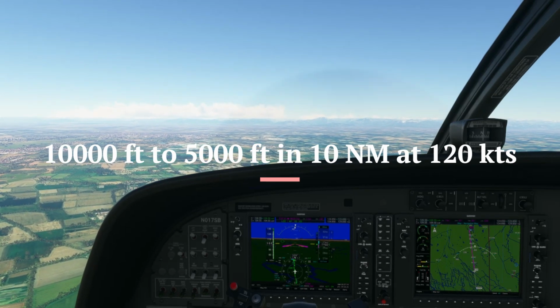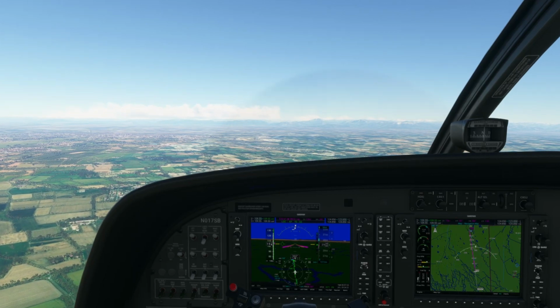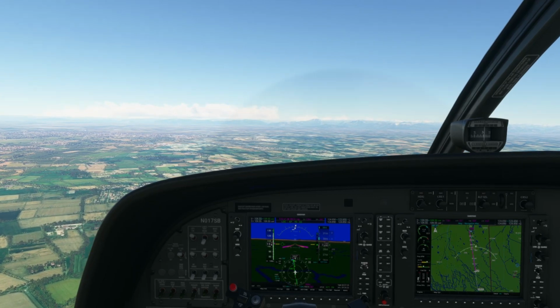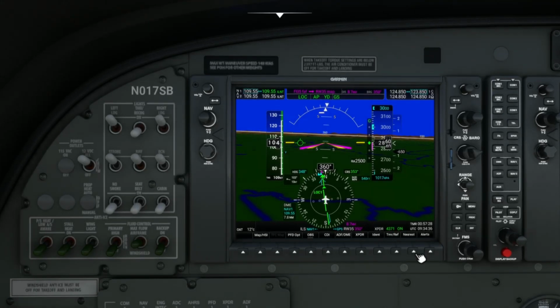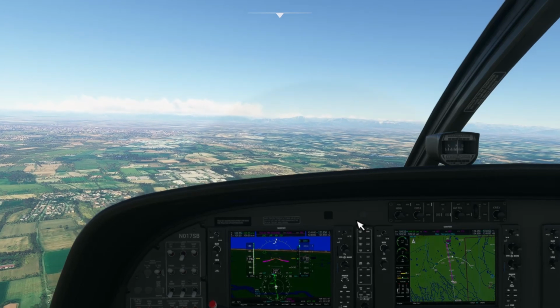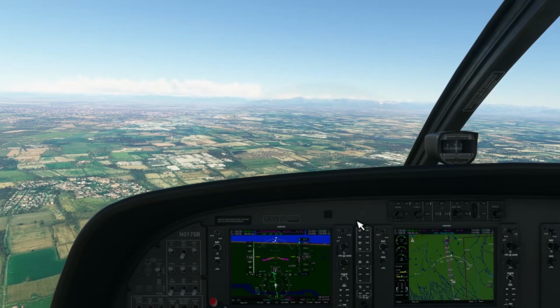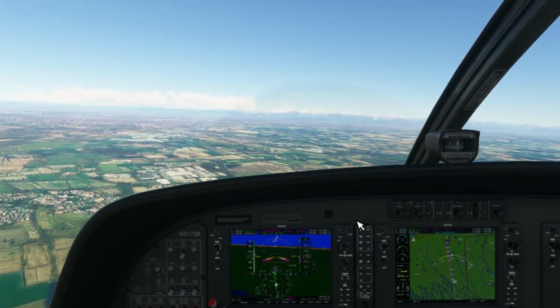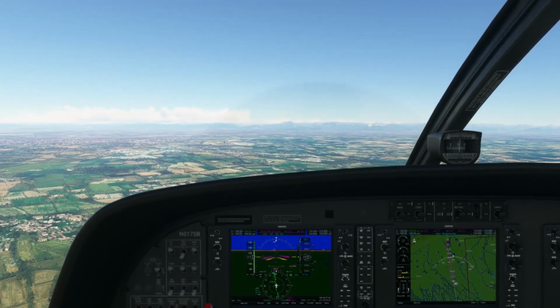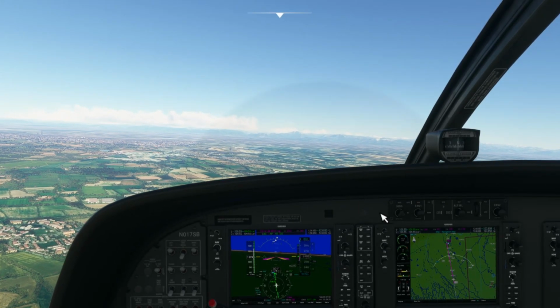Now the altitude you need to lose is 5,000 feet. There's a subtraction. Since you already have the speed, which is 120 knots ground speed, you just divide it by 60 knots, which is equivalent to 1 mile per minute, and you get 2. You are going 2 nautical miles per minute, and since you already got the amount of nautical miles you need to start descending, you just divide the 10, 10 divided by 2, and you get 5